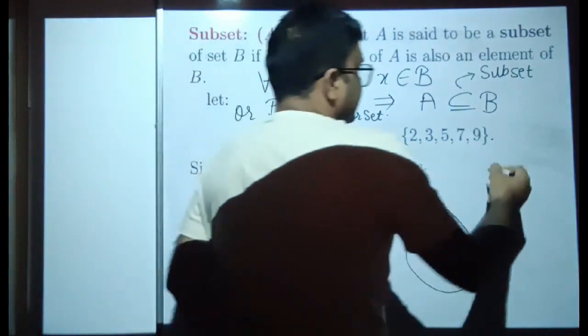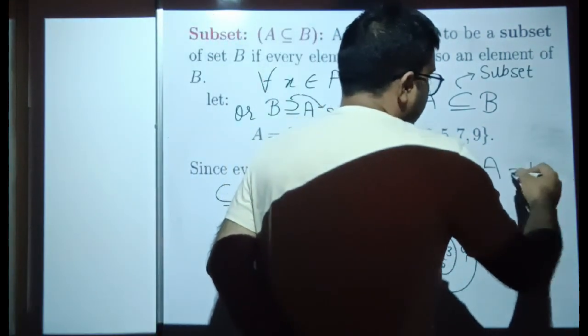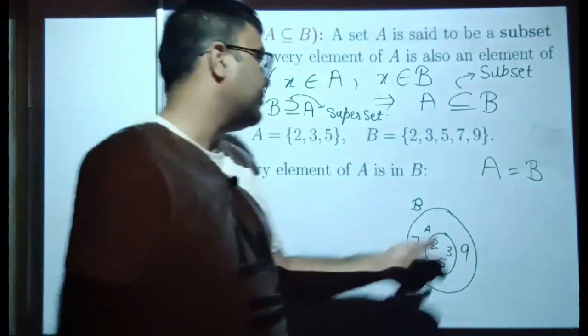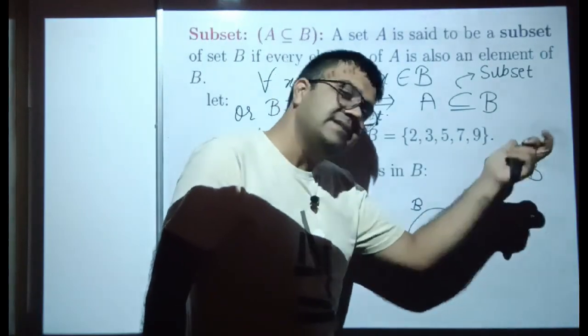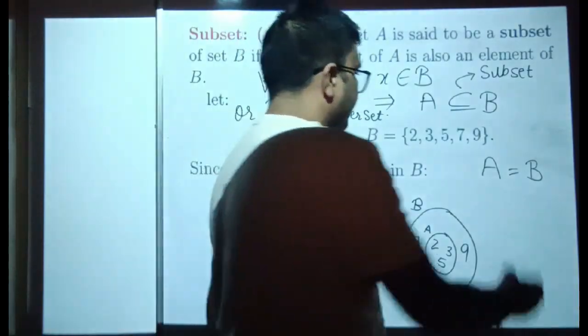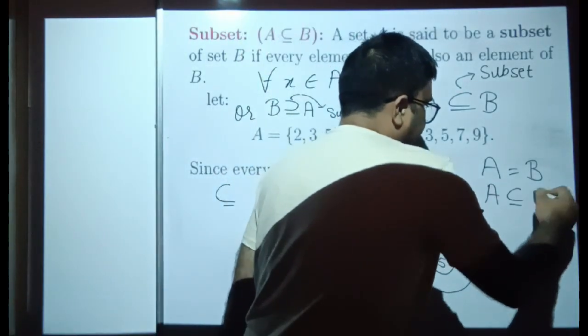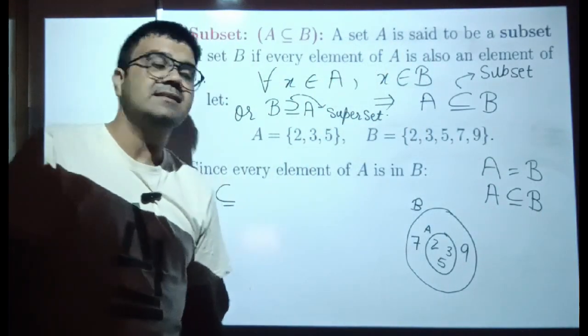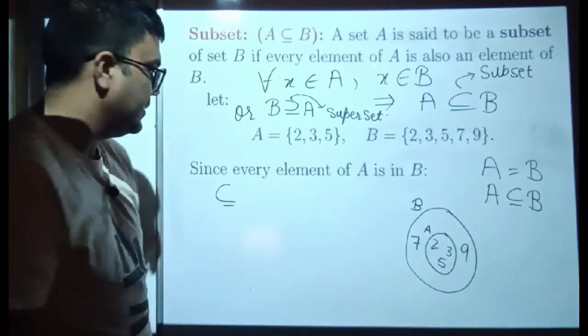if two sets are equal, then what will happen? Every element of A is an element of B because both the sets are equal. So we will say A is a subset of B. If two sets are equal, we can write A is a subset of B. Now